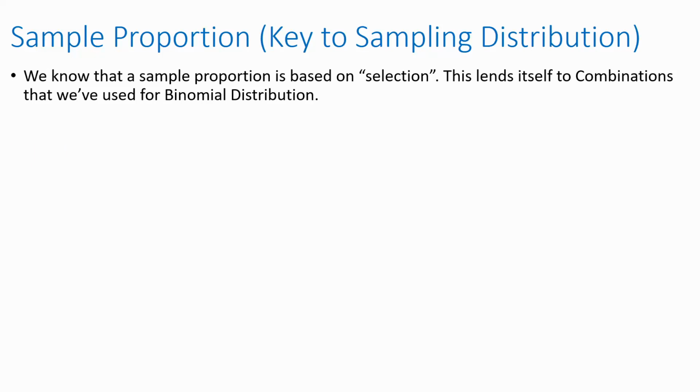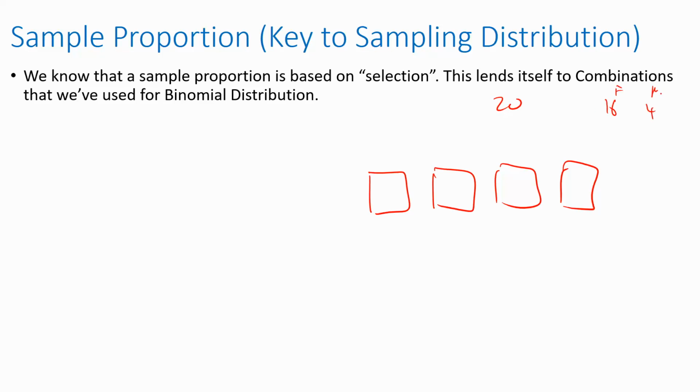What we need to understand is when we say sample proportion, notice how we were choosing it. We were selecting people. Especially in the other example, there were 20 people, and I forgot how many girls there were in there. Let's say there were 16, right? If I want to choose a number of girls out, then there are 16 girls, and let's say I was choosing 4 people out of my 20, and let's say there were 16 females and 4 males. Let's say I want to choose a sample where I have 3 girls, so female, female, female, and 1 male,